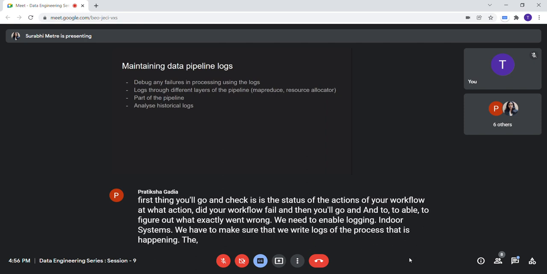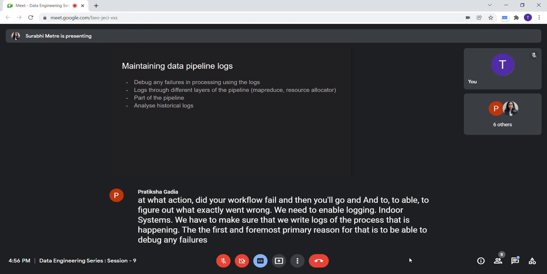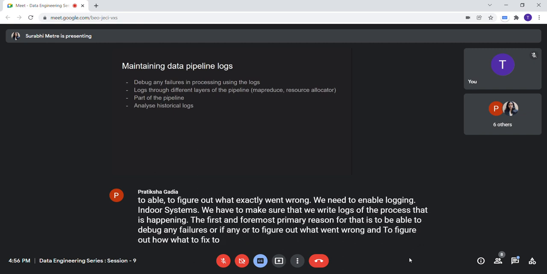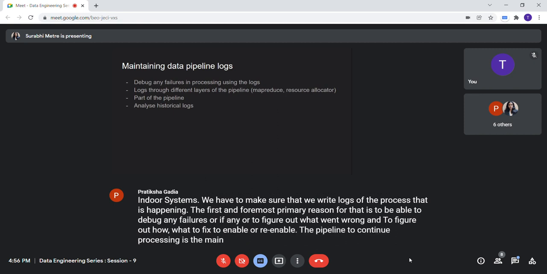The first and foremost primary reason is to be able to debug any failures, to figure out what went wrong, and to figure out what to fix to enable or re-enable the pipeline to continue processing. That is the main reason why we write logs. After that,